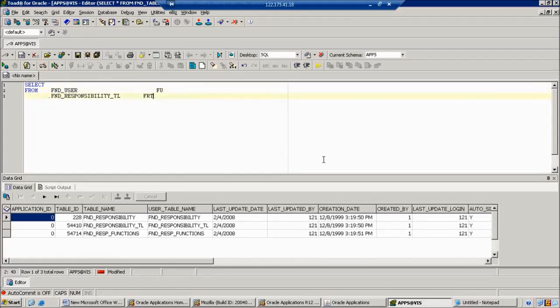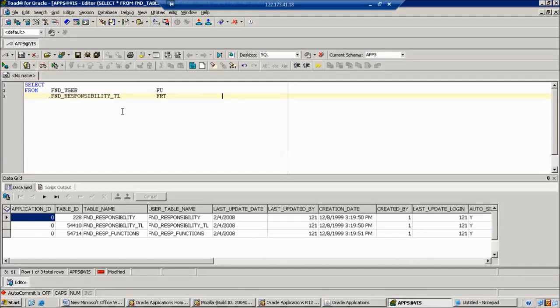FRT. Observe this one here. Why do I want to choose the FRT only? In real life, we can always choose the first character of the table, then underscore, for every first character. Here I am using FRP. This is very important.